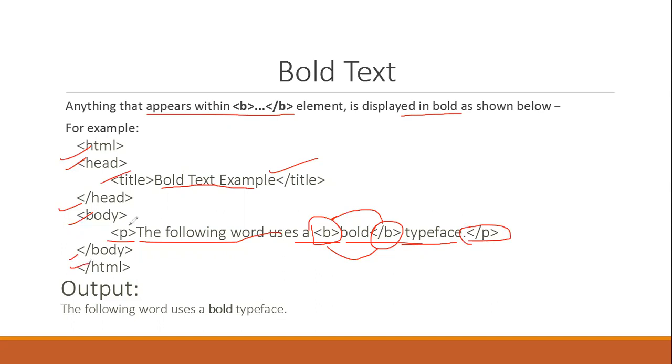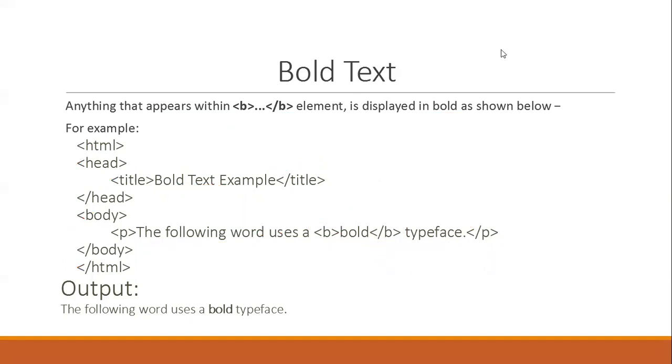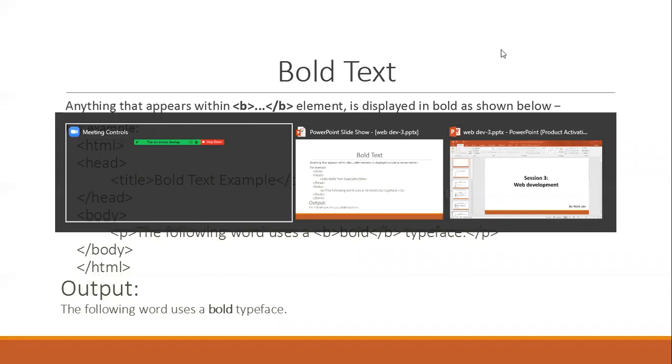The output will be generated from left to right. So the output will be: the following word uses a bold text. Bold has been given to this text because it has been declared inside the bold tag. The text which is inside the bold tag will be bold. So shifting to that